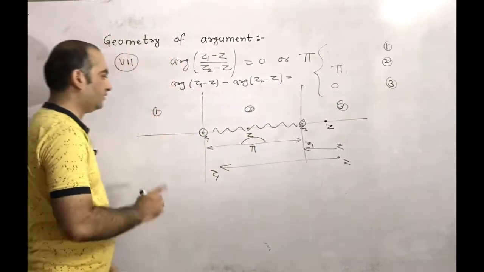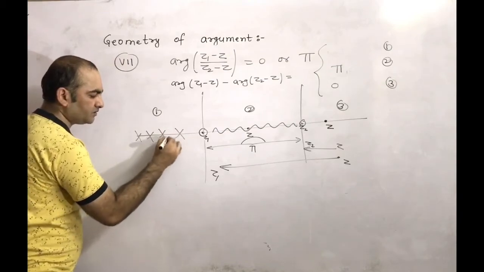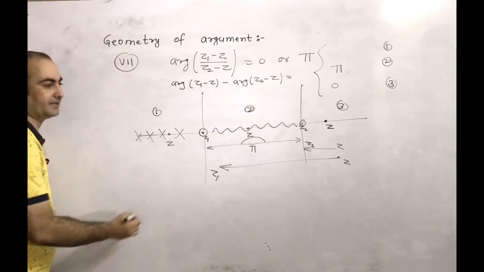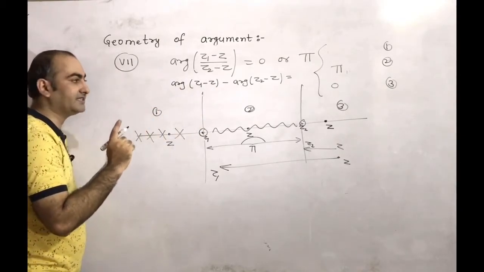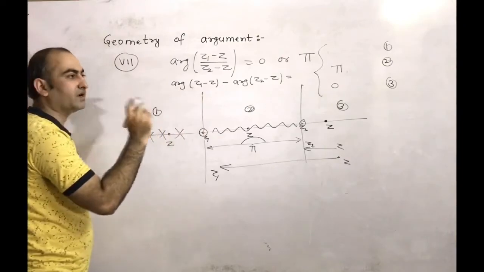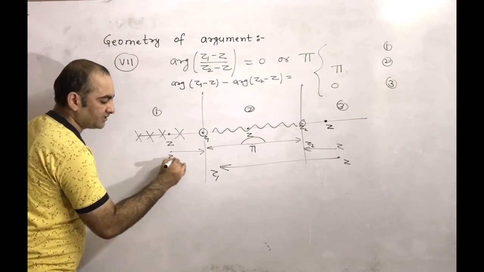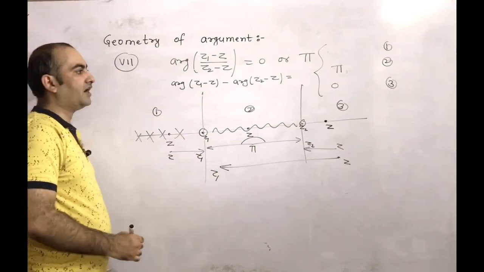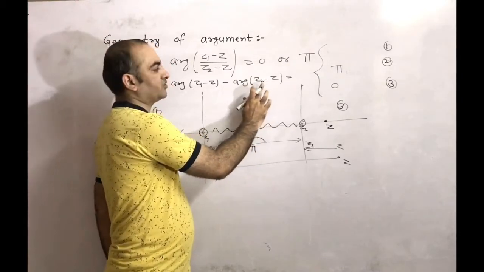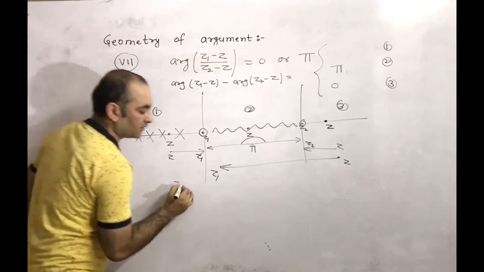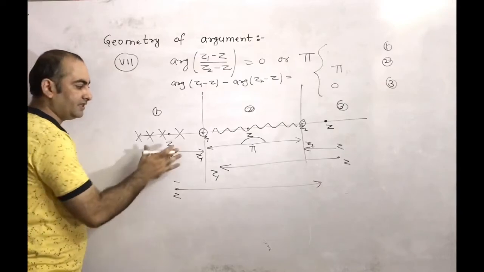Now we discuss the first section. Suppose z is lying here, in the first section. One by one: the argument of z1 minus z is a directed line segment joining z1 and z, with direction towards z1, so it comes this side. This is z and this is z1. Second, the argument of z2 minus z is also a directed line segment joining z2 and z, with direction towards z2, so this will also come this side only. Z is lying here. You can see in this one also both are in the same direction.